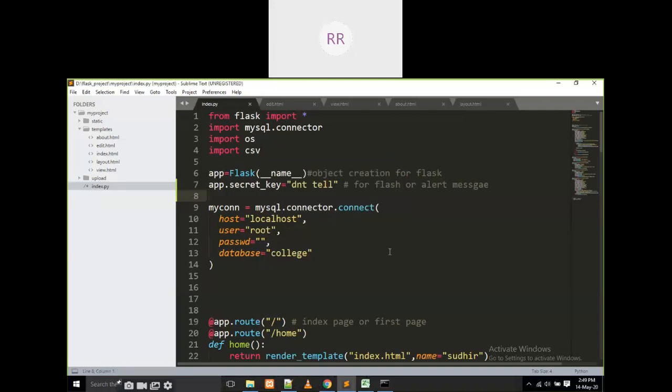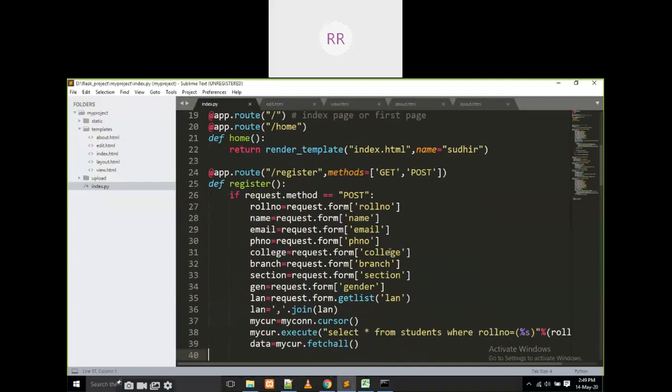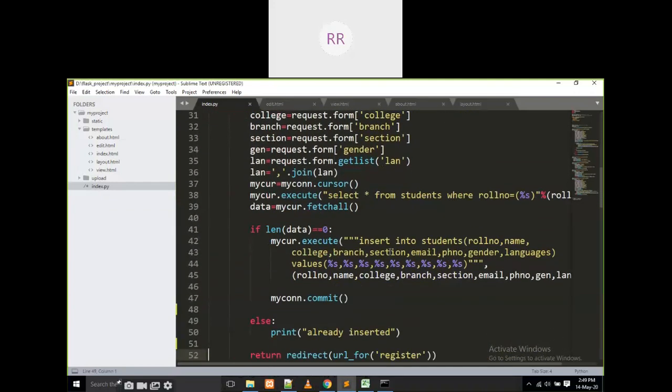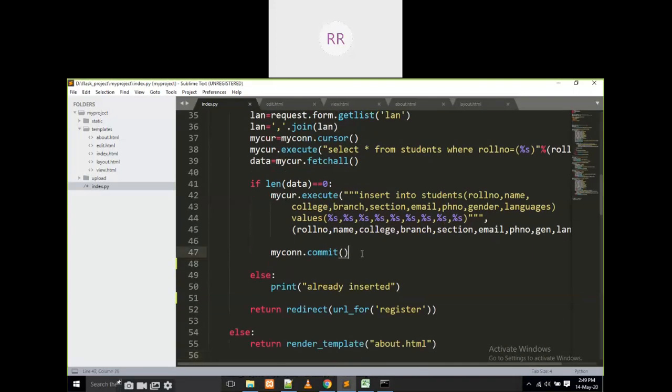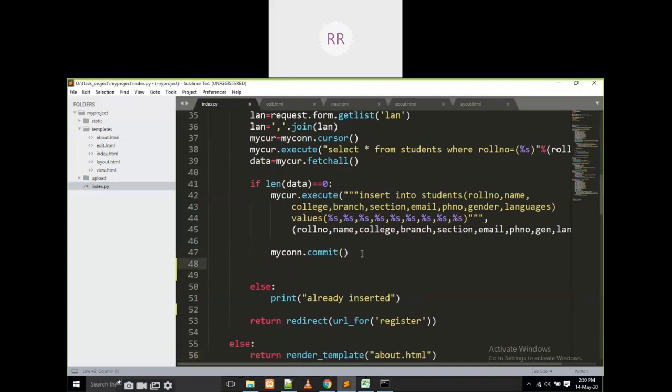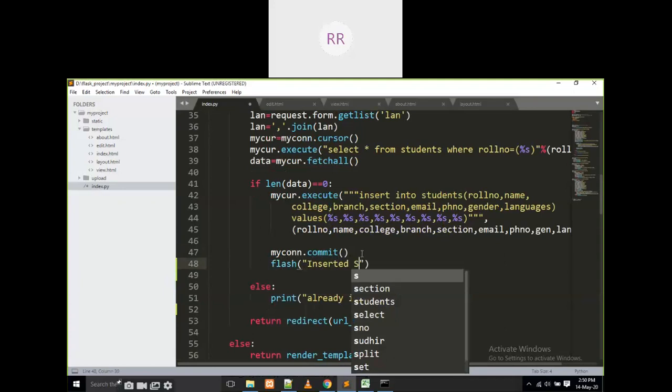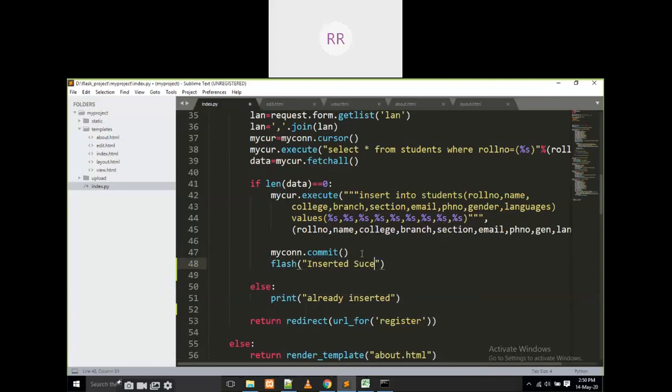Now the next step: we have to write here after the commit statement. I am going to write flash of something, inserted successfully.